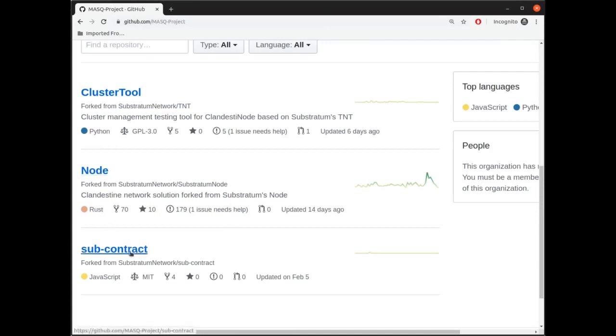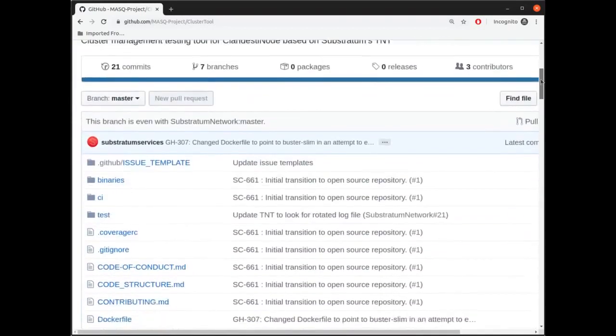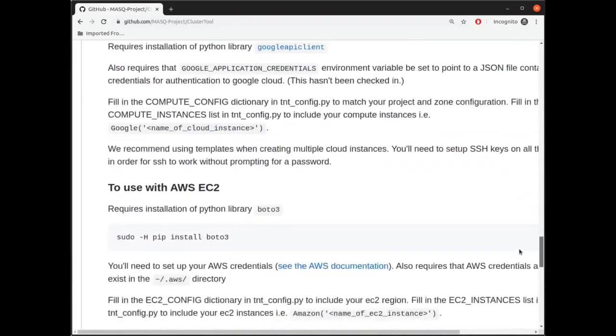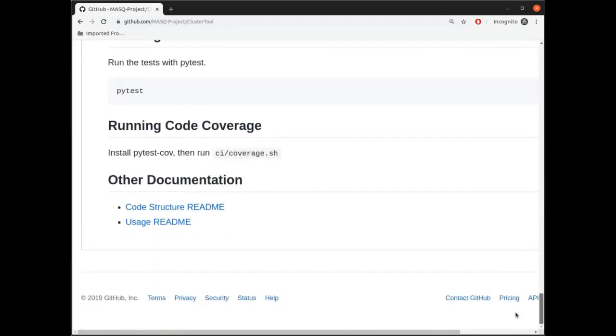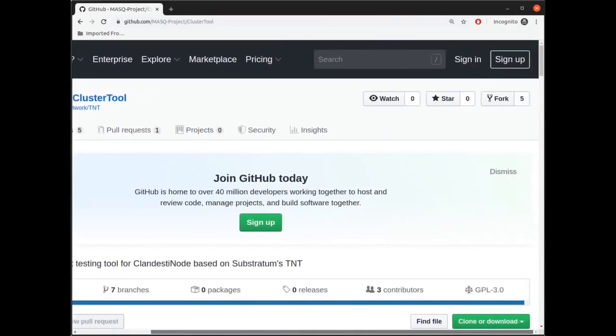This is the Ethereum contract for the sub token, which I don't expect will get much activity, but we're interested in cluster tool, so click here. And you get the cluster tool repo. You'll notice that here is the code. Here are the setup instructions, which are going to be important, but not right this instant. But the important thing for right now is this clone or download button here.